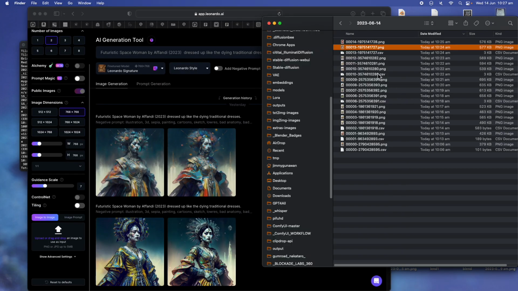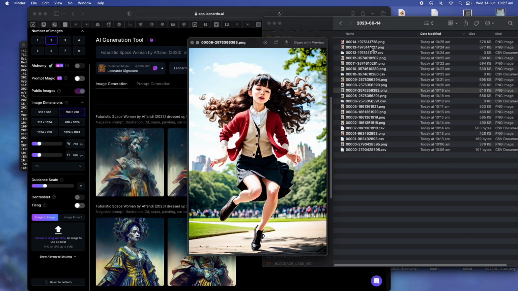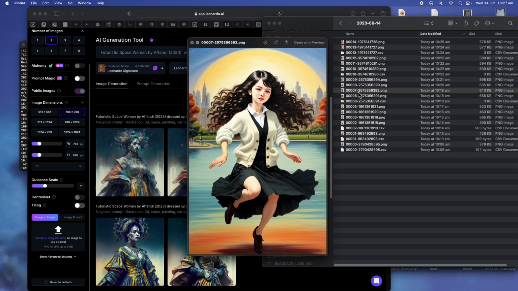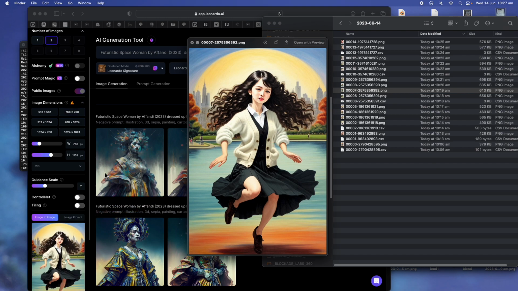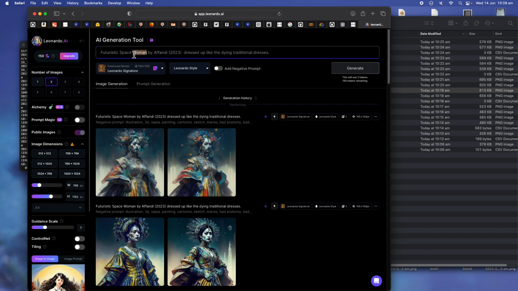Let's see if I can do something like, let's say I like this image, and I can use this as a reference for, okay, this one: futuristic space woman